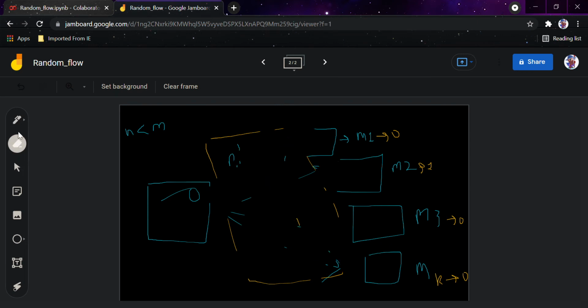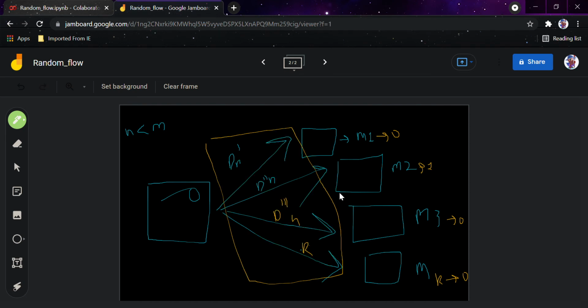After you have split it up, you need to combine all these models. You will see which model is playing the major game. Model 1 is giving 0, model 2 is giving 1, model 3 is giving 0, and model k is also giving 0. We would see how many times the maximum result has come. 0 has occurred 3 times, but 1 has occurred only 1 time.